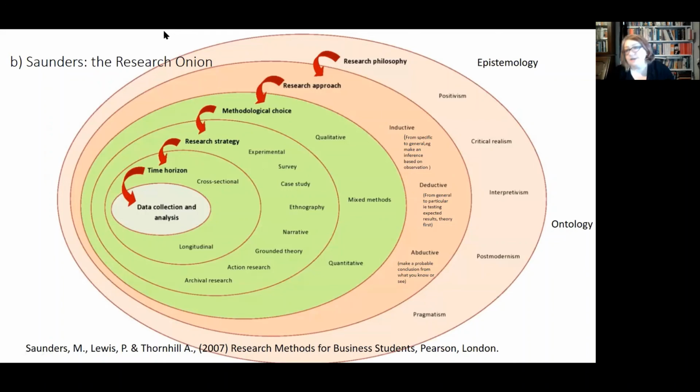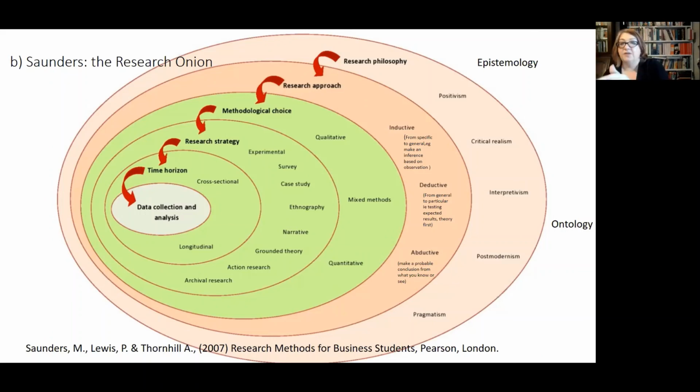research onion. Now, the research onion, I'm wrapping up in a minute, is super useful in terms of how to structure a methodology. Because if you look at this, you usually start from, I don't know if this is your left or right, it's my right, on the right side where it's epistemology or ontology. A methodology section will have your statement of the research question and aims, and then it might talk about your epistemology and ontology, and then it may move to talking about the different